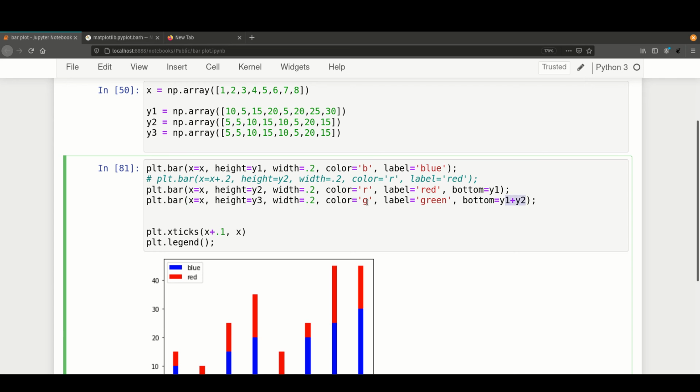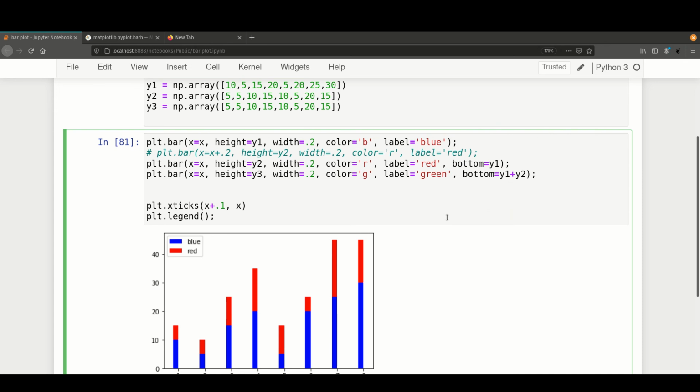So this should be the sum of the magnitudes of the two y variables that are going to be below the last y variable, which is going to be at the very top. That's one of the reasons why I defined these variables as numpy arrays, so that you can add them conveniently. So if you plot them,